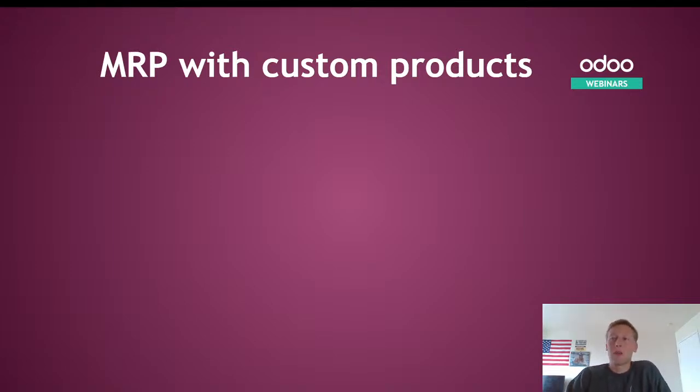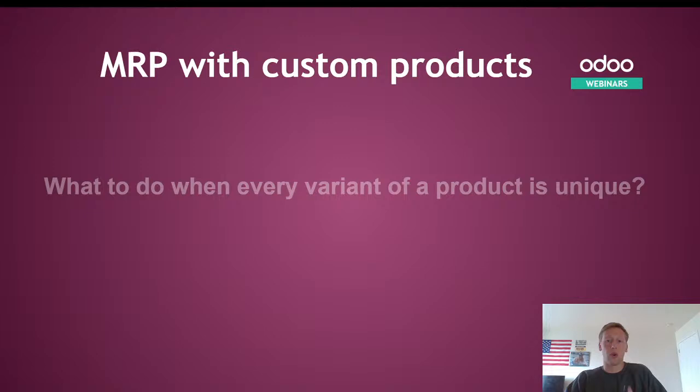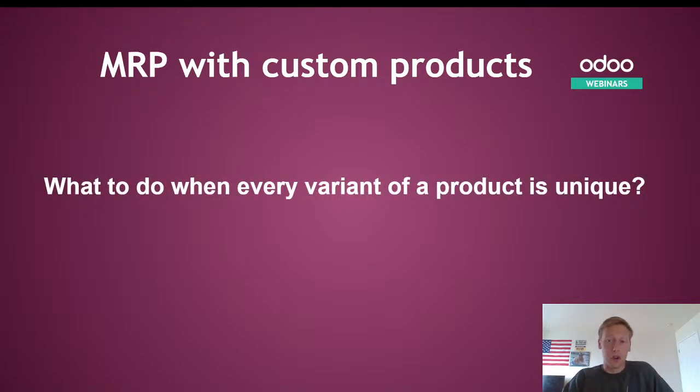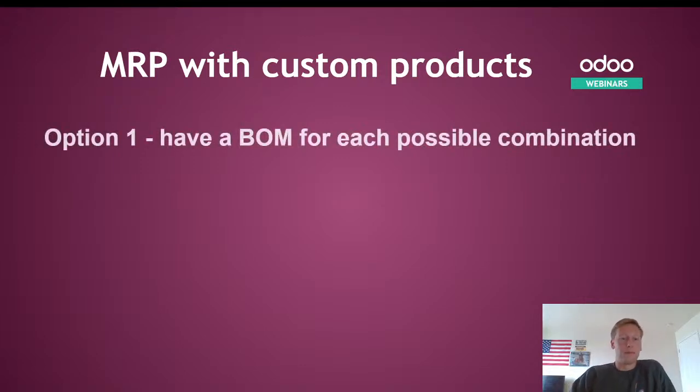The problem with that is that we have to have bills of materials for all those possible combinations, and obviously it might be a little concerning sometimes because we might have thousands and thousands of different combinations, and we would then have to create bills of materials for all of them. Obviously it's not something that we want to do, right? So option one is to have a BOM for each possible combination, as we said before,